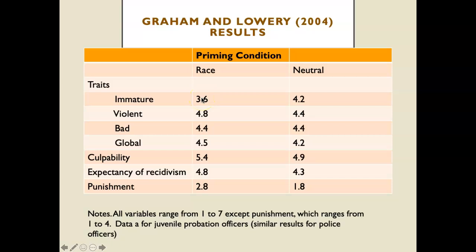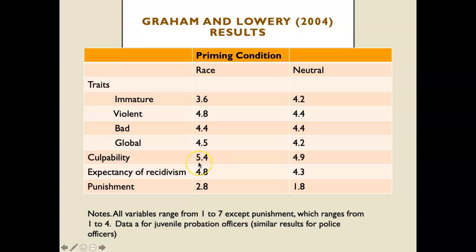Okay, it's part of the stereotype that African Americans mature earlier than whites. Okay, seen as more violent. Okay, bad, no difference there. Global assessment, there's still not much of a difference there, okay. But the global assessment in terms of kind of a negative thing and various traits is slightly more negative in the race prime condition. In the race condition, the